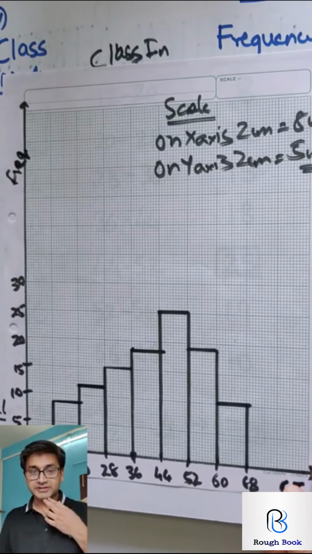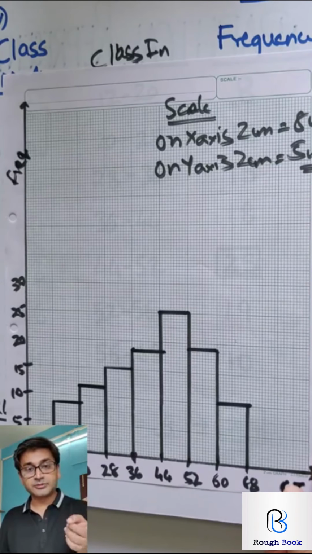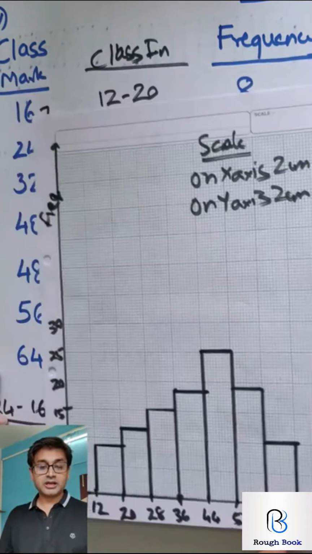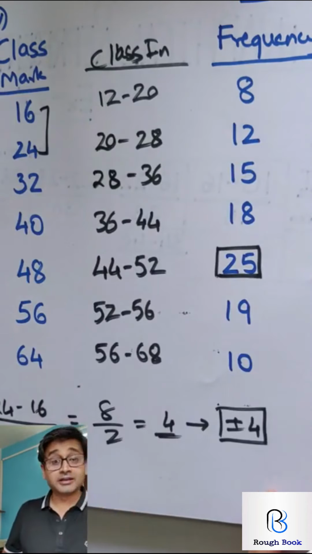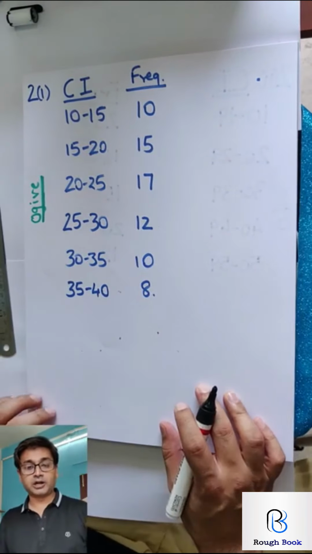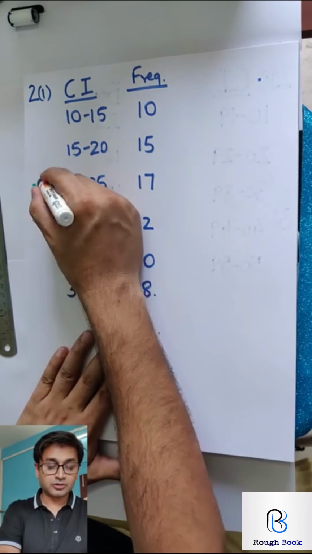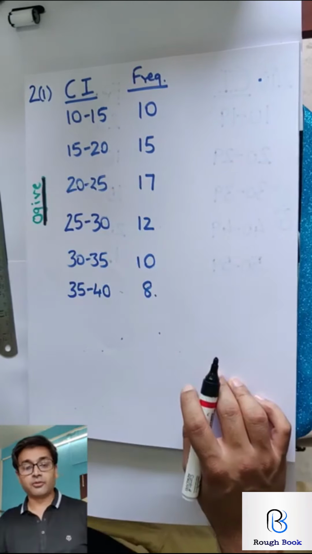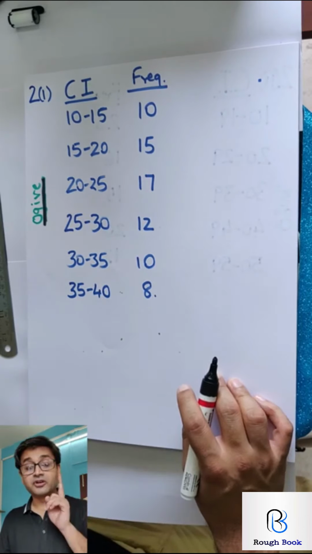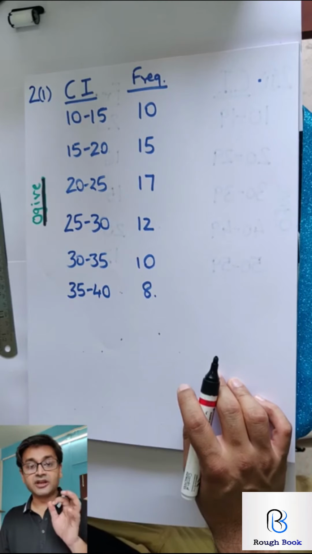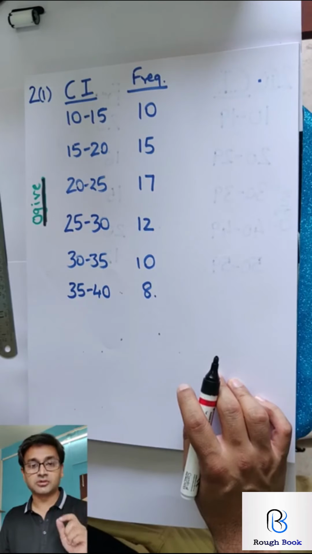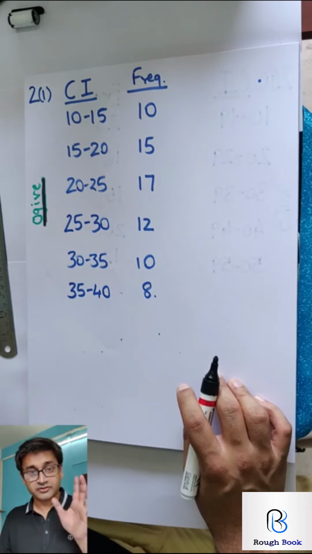So there were 2 parts in this question. Part 1 was converting class mark into class interval, and part 2 constructing the histogram. Alright, let's go with the next question. The next question I want you to try is sum number 2 part 1. Here they are asking you to construct an ogive. Ogive is very important from board point of view. A question every year appears based on ogive for 6 marks. So everyone who wants to score the most should know how to construct an ogive and then calculate something from it, which I'll tell you later.